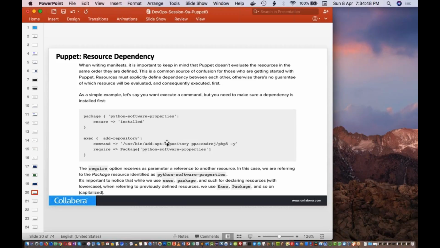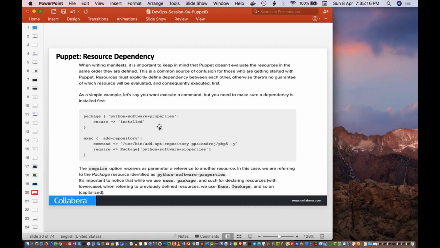Then resource dependency. Okay, so now when you're talking about resources, we saw this ensure install and require package. This one we saw, right? I already told you about this require in the first class, but like I mentioned, in Puppet, the execution of commands is not in the order that we write.